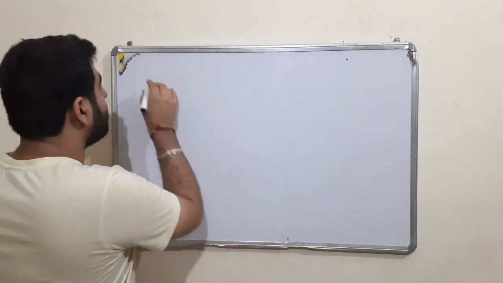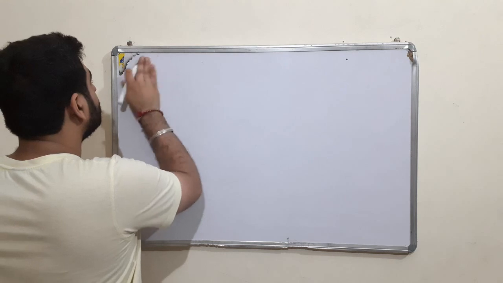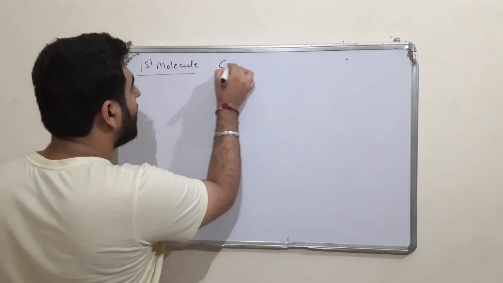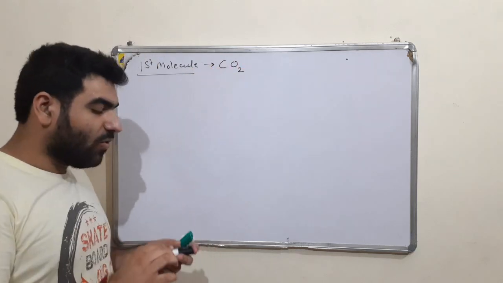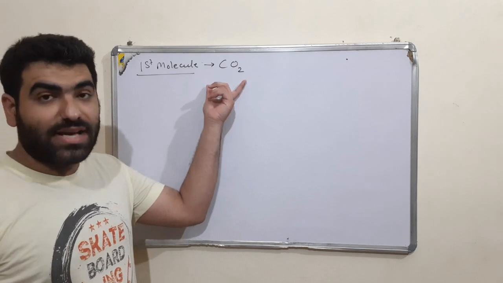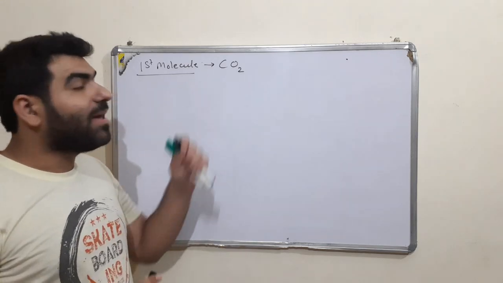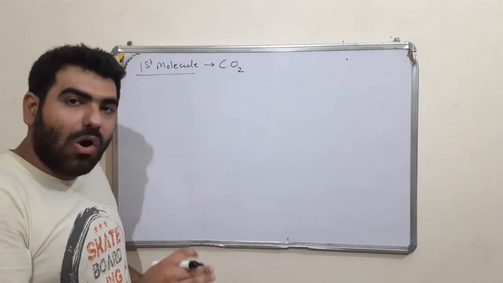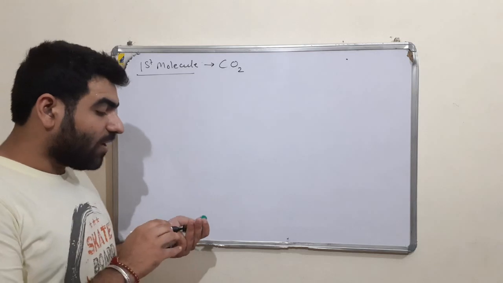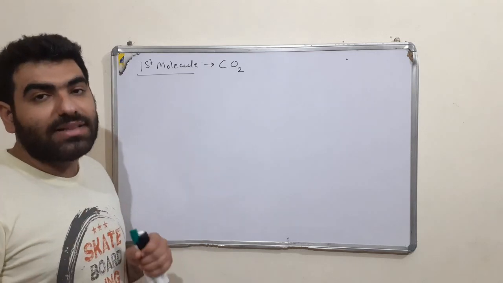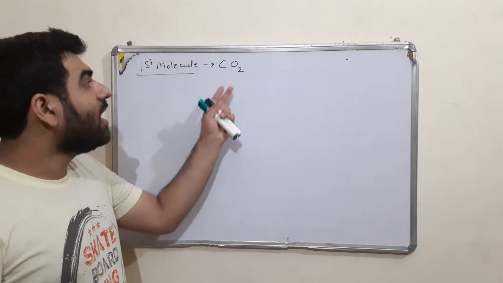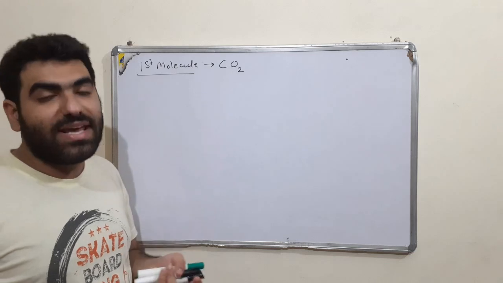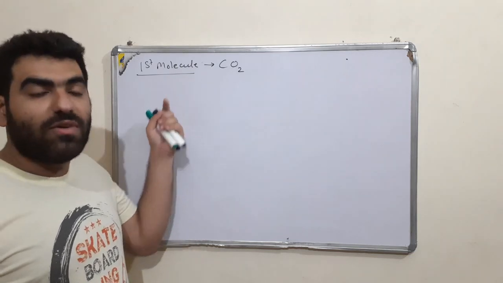Alright, so we are starting with the first molecule for today, which would be carbon dioxide. Now we are going to make the structure of carbon dioxide. Alright, first of all, what do we have to find out? Whether one of them is a metal and the other is a non-metal, or both of them are non-metals. If one is a metal and the other is a non-metal, then they will lead to the formation of an ionic bond. If both of them are non-metals, meaning both have very high electronegativity, then we have to make a covalent bond.